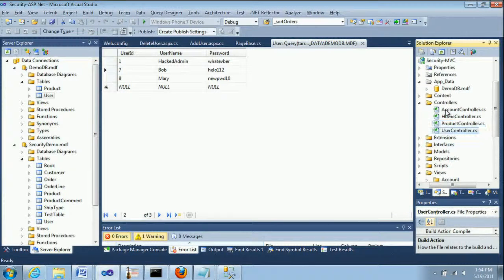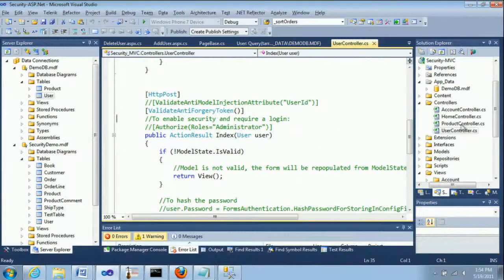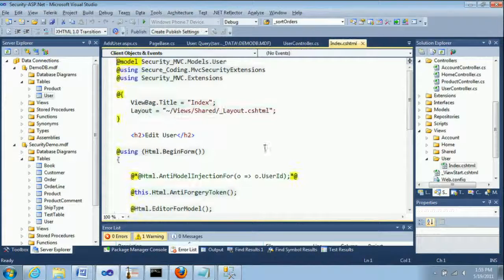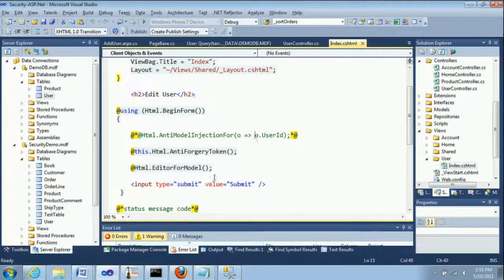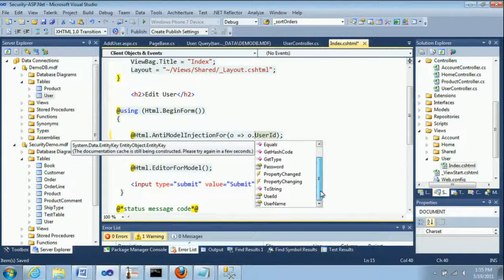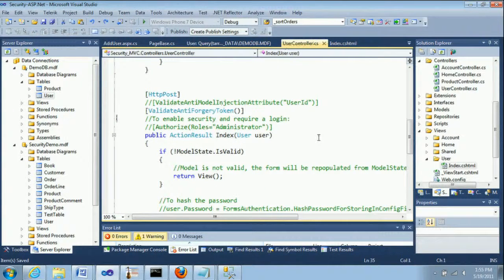There's an attribute that I wrote that's on secure-coding.com, and I call it anti-model injection for user ID. What that's going to do is take the value in user ID in our current model, since we have this great strongly typed stuff in MVC, and hash it out to the web page. When you post back,